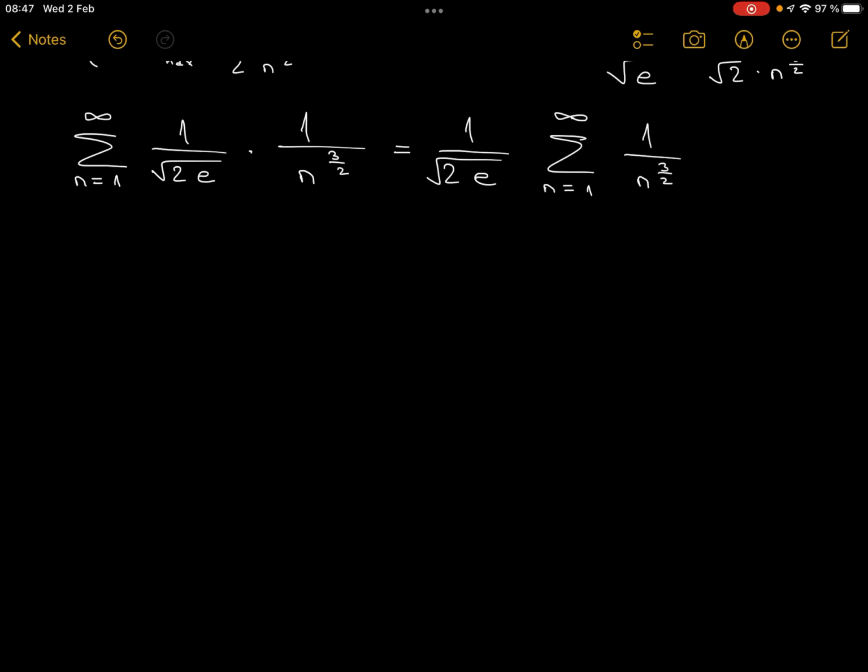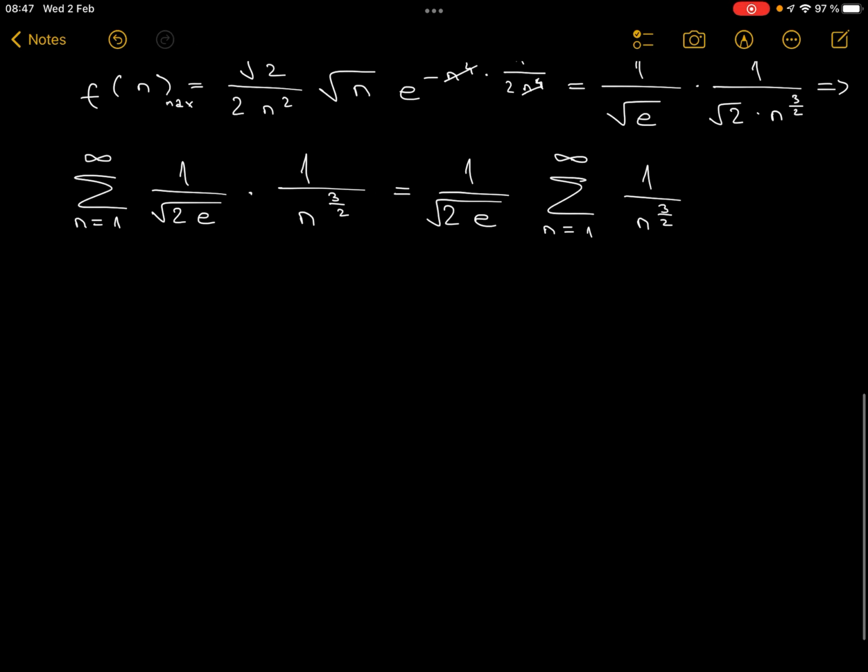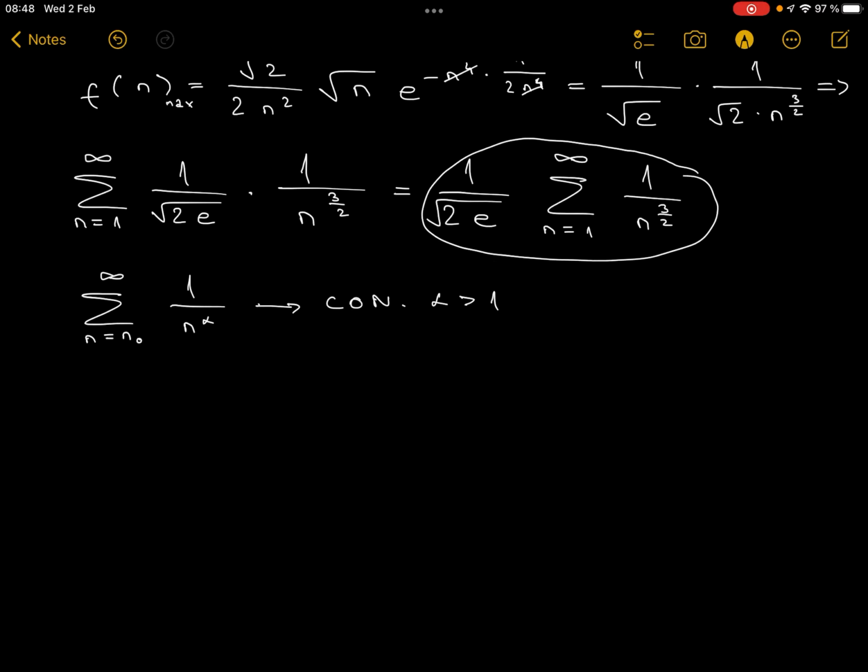A hyperharmonic series is a series of the form the sum from n equals 0 to infinity of 1 over n to the power of alpha, and it always converges for alpha greater than 1, and it is greater than 1 in this case. So we know that this series converges,